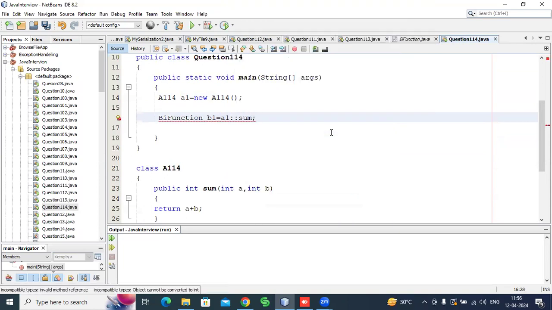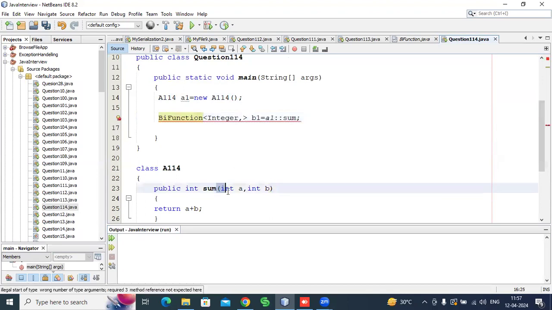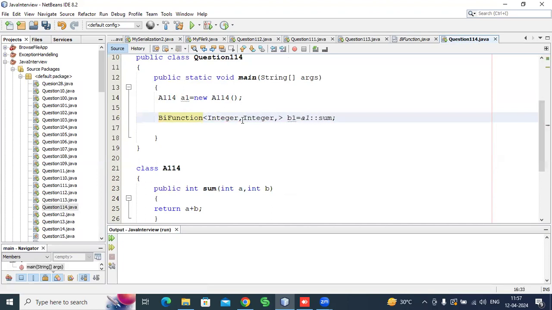Now we are getting an incompatible type error. We have to write the parameters here: Integer, Integer, and Integer, because we have to pass integer arguments.